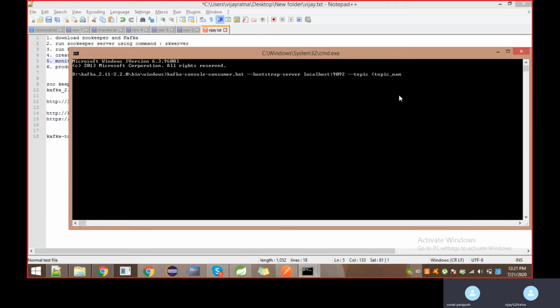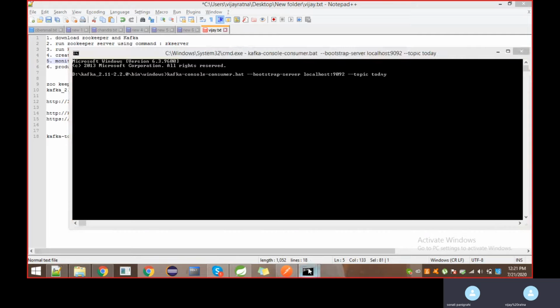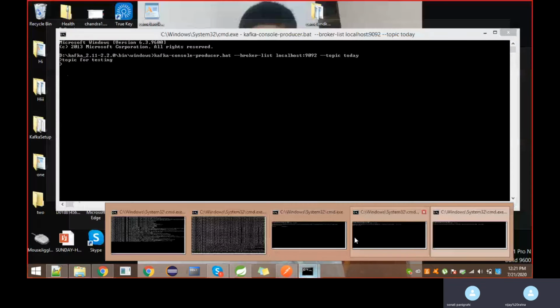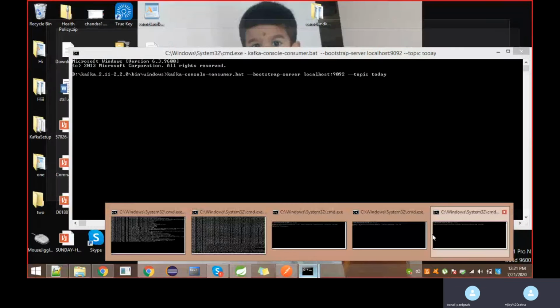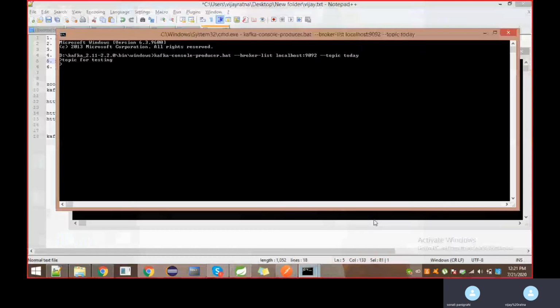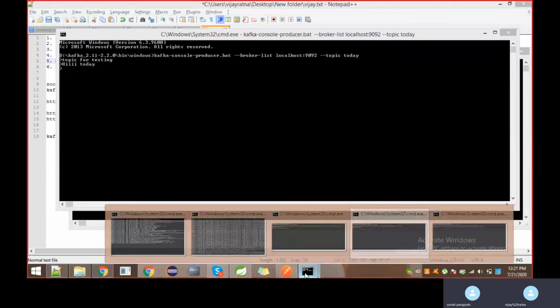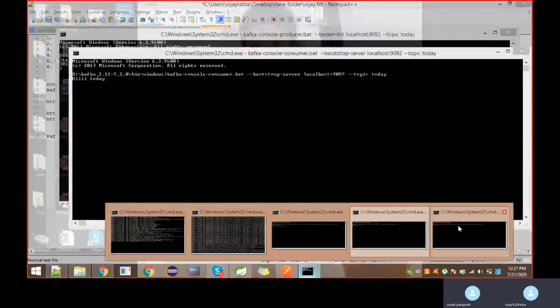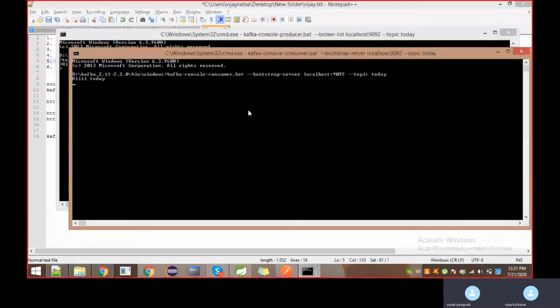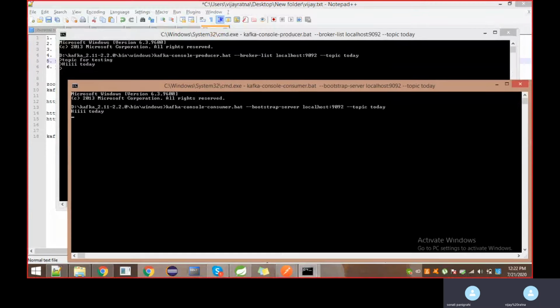Then I am going to type again the data inside the producer. Hi. If you observe here, it is displayed here simultaneously. So this is the producer and consumer. The same thing we are going to do by program as well.